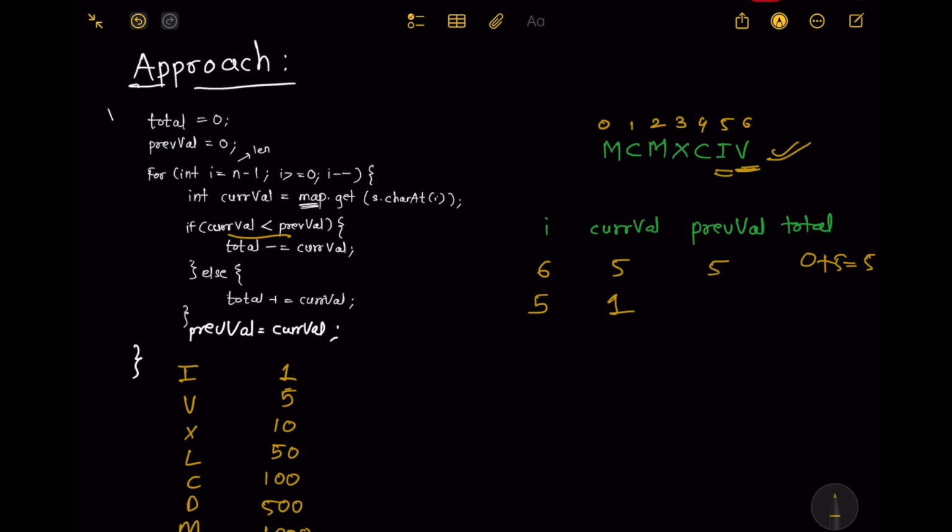Now 1 is less than 5. So we need to subtract it from the total, which was 5, so 5 minus 1 is equal to 4. Now I update my previous value to the current value, which becomes 1. I go to the next character, which is C. What is the value of C? 100. So my current value is 100. Is 100 less than my previous value? No, that's why we add it into the total. 4 plus 100 is equal to 104. I'll update my previous value, which is 100, and we move to the next character,